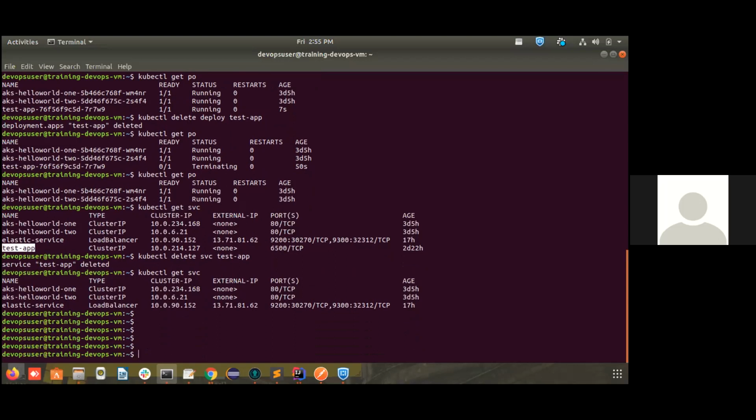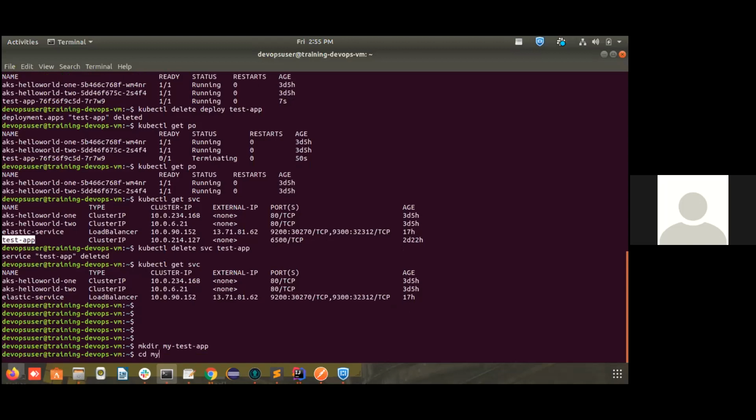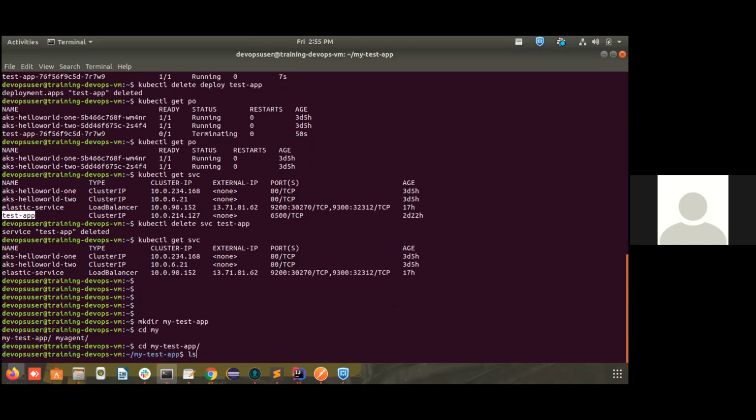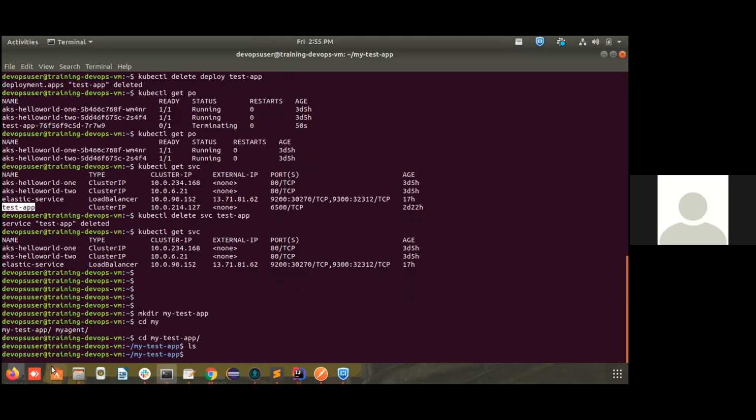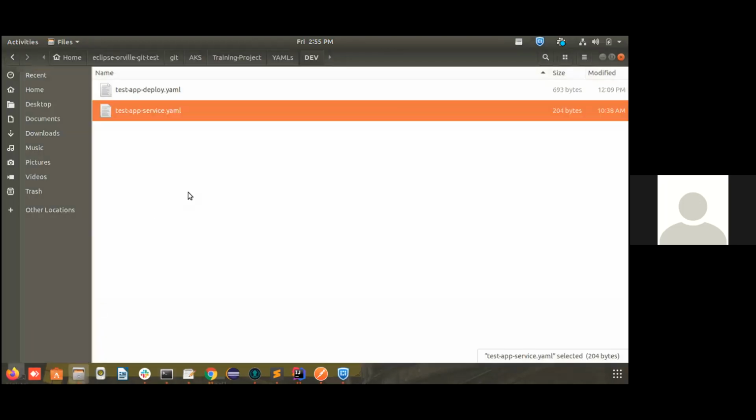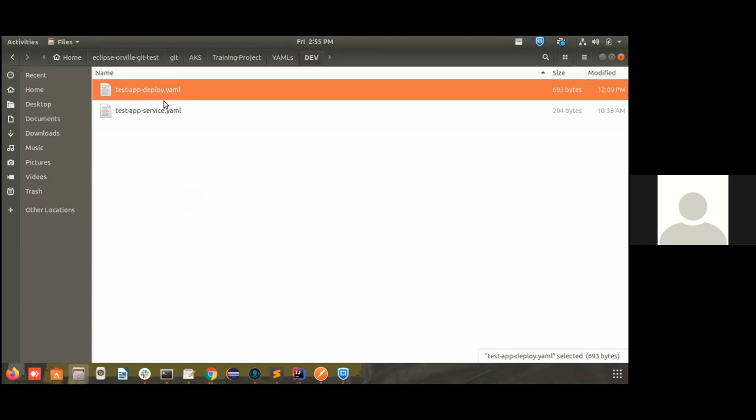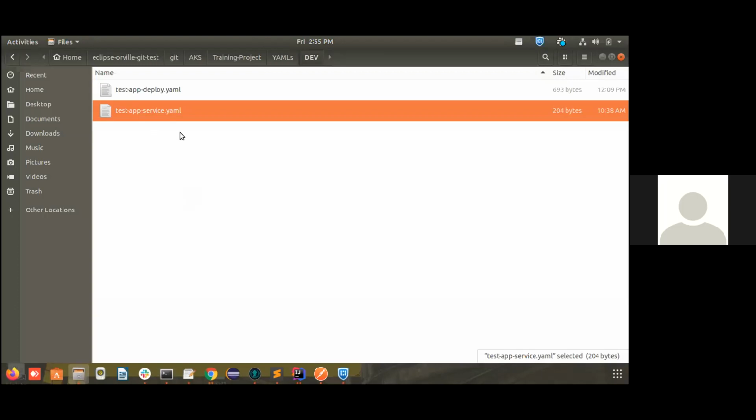Now we will recreate the test application. For that, I will create a folder, my test app, and go inside it. For deployment, 2 files are necessary. One is a deployment descriptor, and another one is a service descriptor.